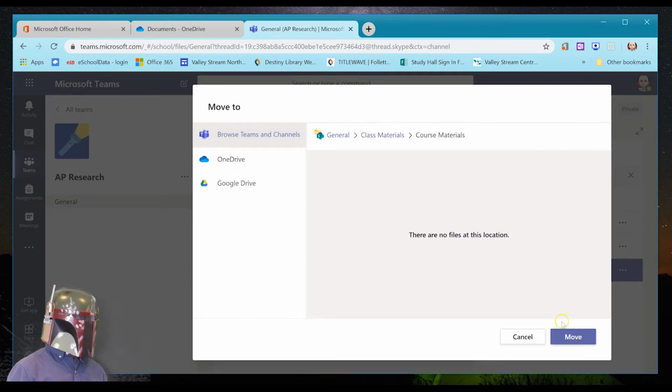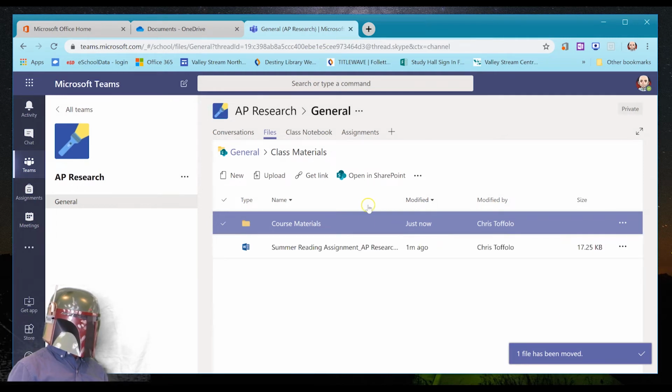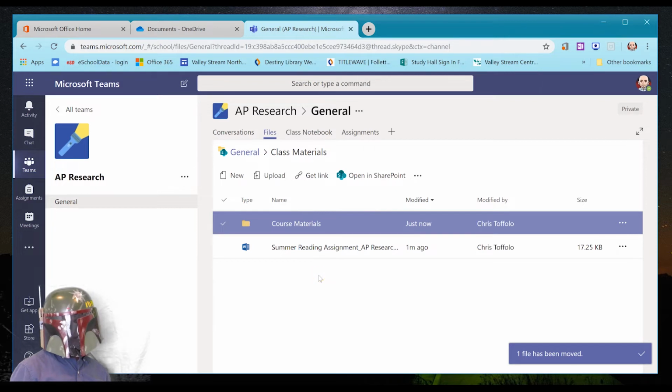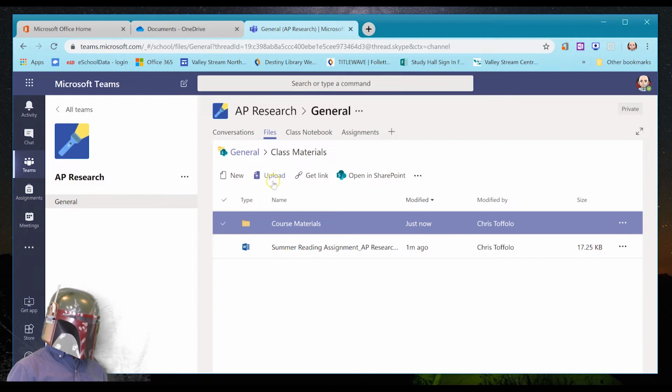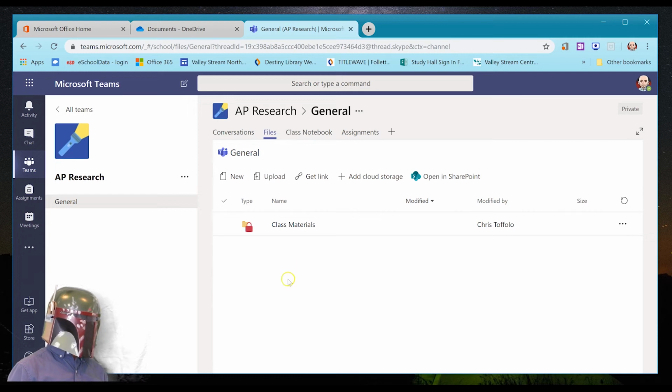I'm going to drop this right into here and move it. And there we go. You see that it goes right in there. Over time, this will help keep yourself really, really nice and organized as you add more and more things in here. So I'm going to click back here on General, and it's bringing me back to this main